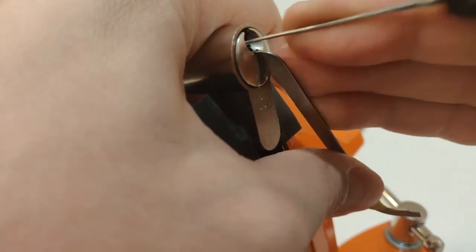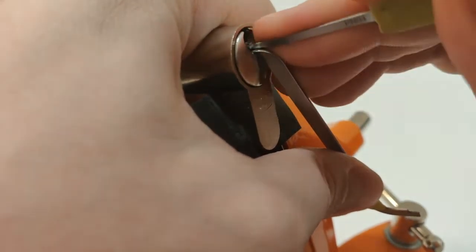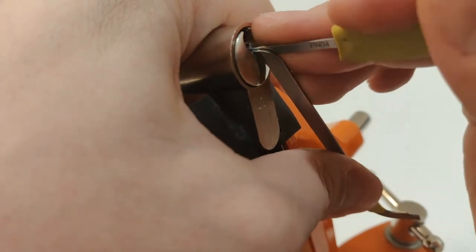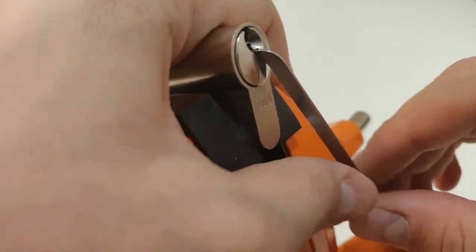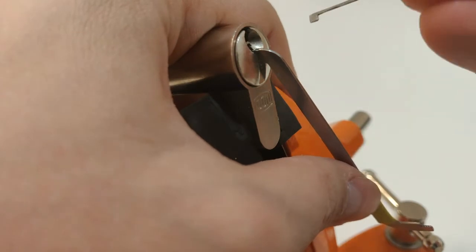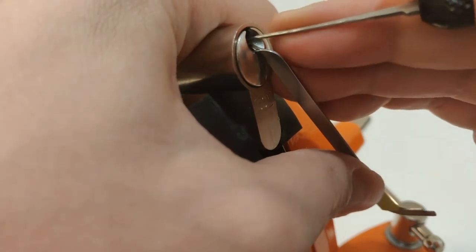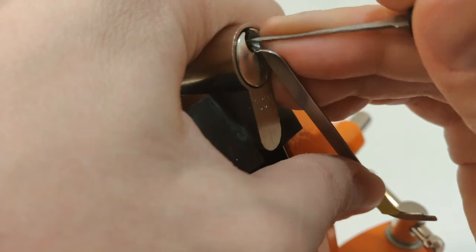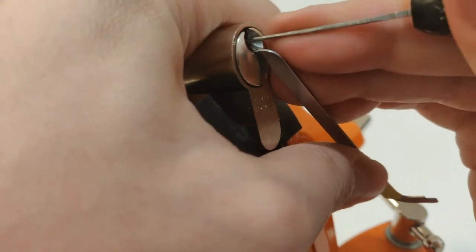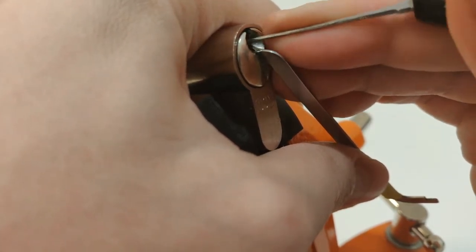No, I think I overset something again. Let me check the pins. 1 nothing, 2 nothing, 3 nothing, 4 nothing, 5 nothing. Yeah, I think again I overset the side pins, I think I heard a couple of them drop, so I set again. Yeah, big click from 1, click from 3, and maybe now it's only pin 1 that needs to be set,